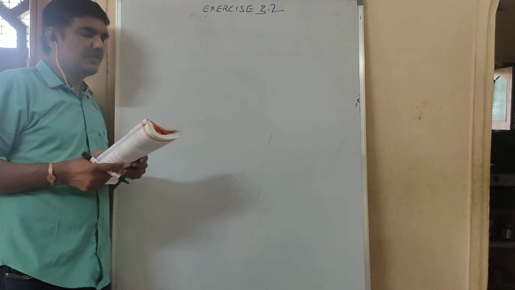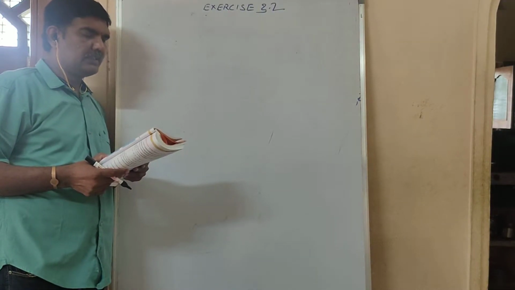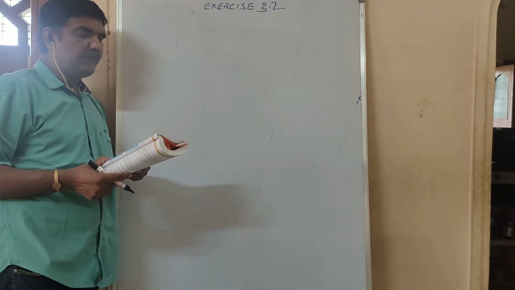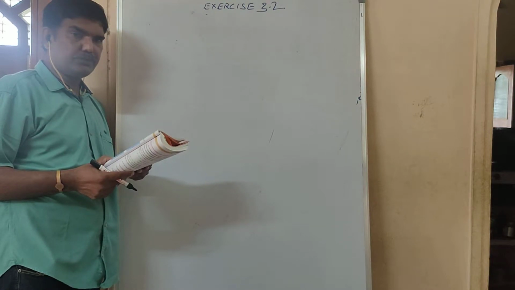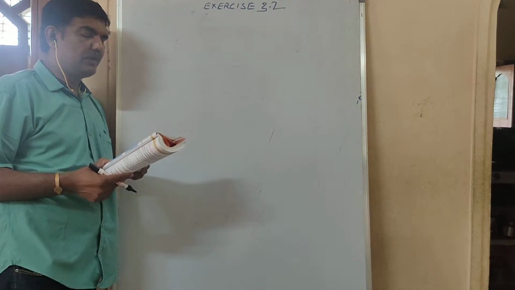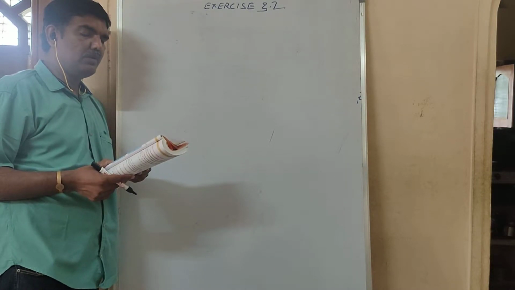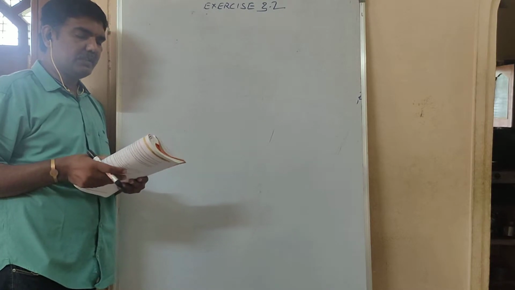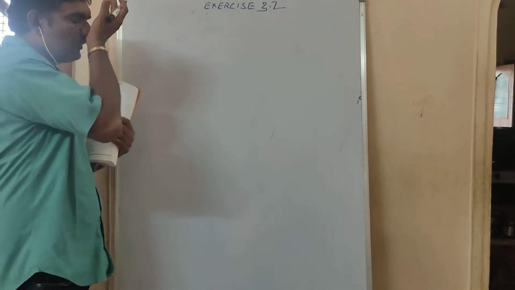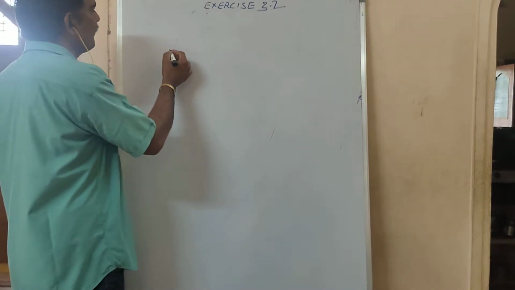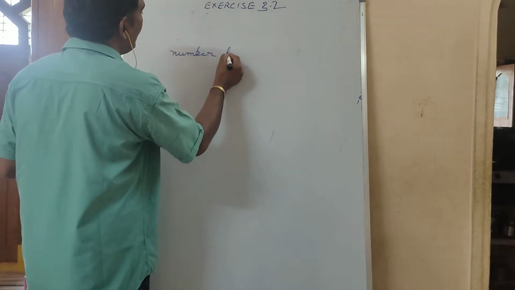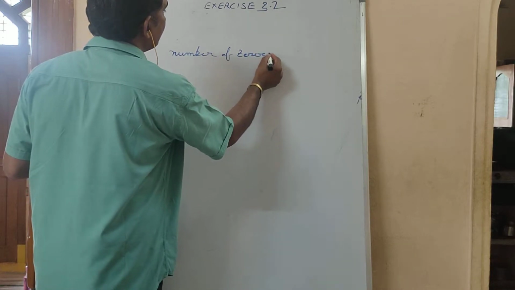Today we will continue with exercise 3.2. In this exercise, if you see the textbook, in the first problem they have given some graphs for you. By seeing the graphs, what you have to do is: the graphs of y is equal to p of x are given in the following figure below, for some polynomials p of x. In each case, find the number of zeros of p of x. So by seeing the graph, you have to find the number of zeros.